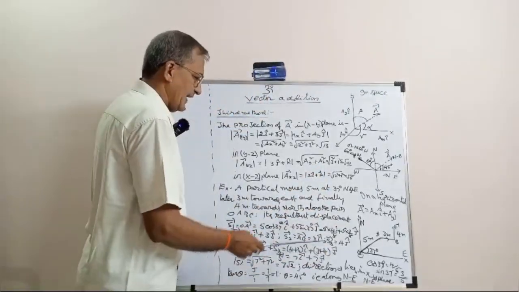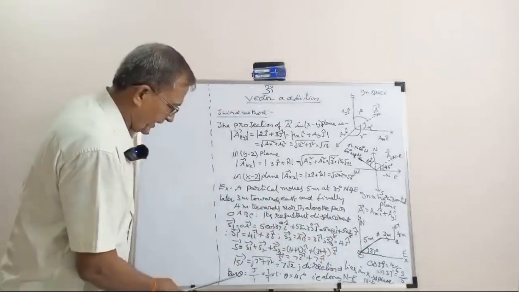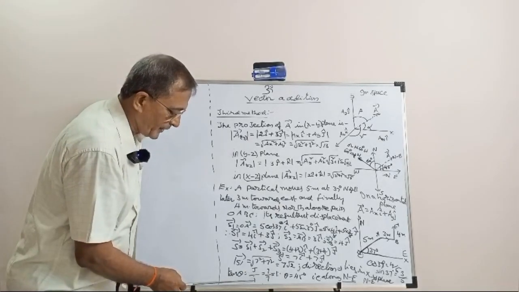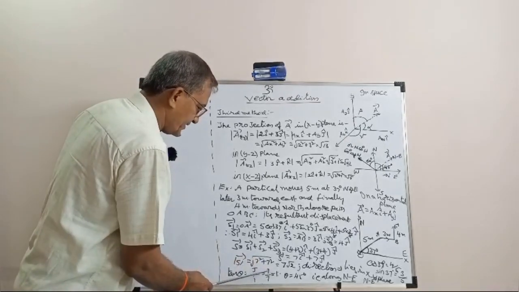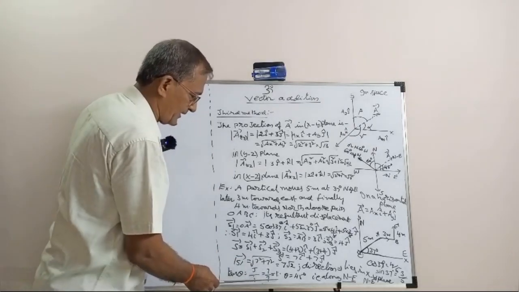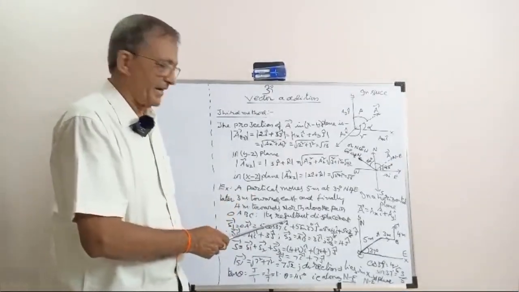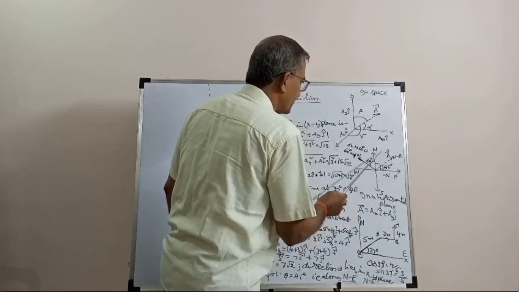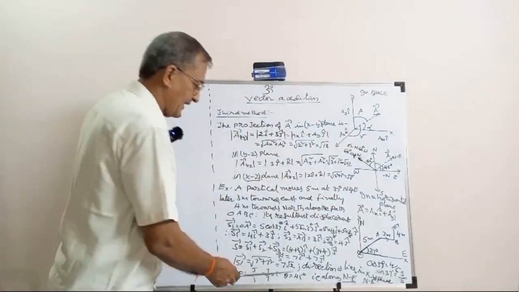So let us find the angle made by the resultant displacement with east. For that, we have to take tan theta, which is the ratio of the components along north and component along east, that is j by i. The components are 7 and 7, that is 7 by 7 is nothing but 1. When tan theta is 1, theta is 45 degree. So we can represent the direction of resultant displacement in the direction northeast, just like this. Because it is 45 degree, we have to represent the direction as the northeast. So ultimately, the resultant displacement is 7 root 2